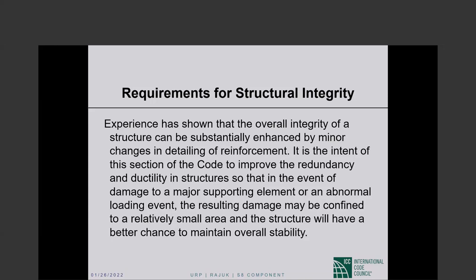Okay, and I think this will be the last question for today. How many ties should be provided in a beam column joint if the column is not confined by beams at all sides of the column? How many ties? There is no hard and fast answer like that. The real answer is that